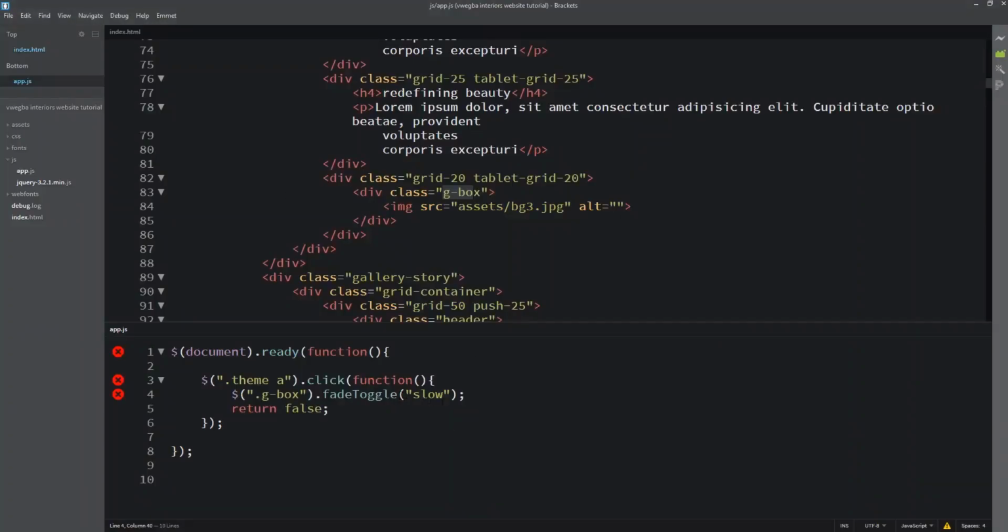Then another one is fadeTo. With fadeTo, you pass 2 values. The first is the time in which we want to achieve the effect. Then the level of opacity, that is how dim or transparent we make it. Normally we don't just say 1, but something like 0.5 or 0.6, so it doesn't fade completely.